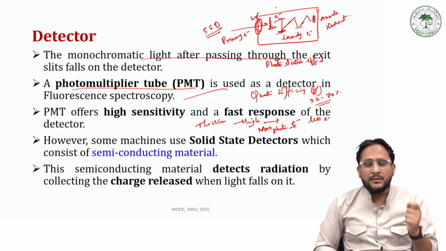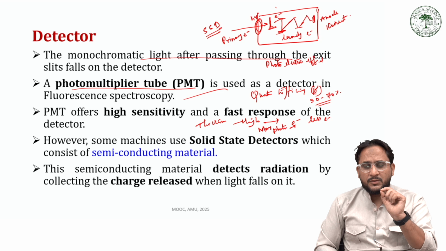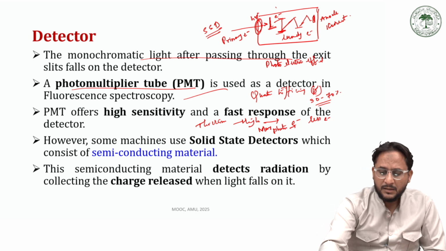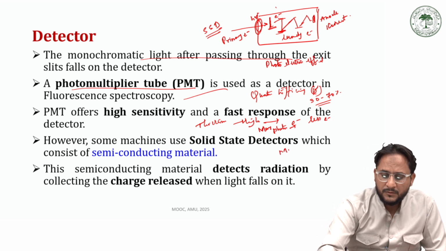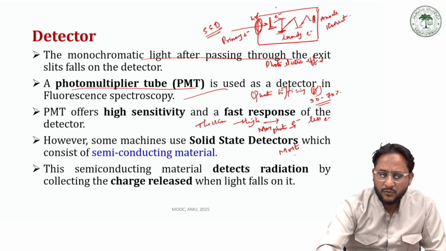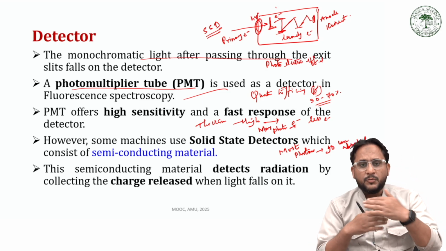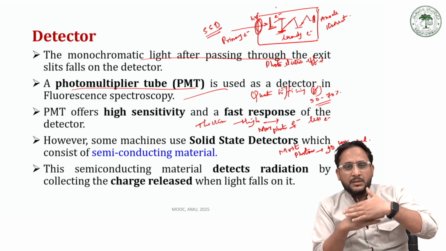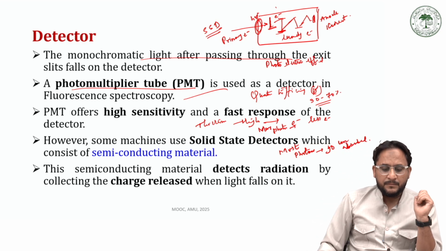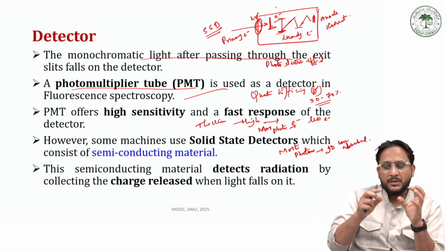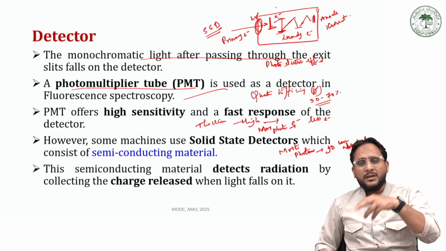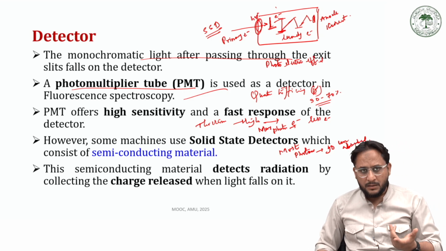On the other hand, if the thickness of this photocathode is very fine, very thin, then most of the photons go unabsorbed. So this means that the thickness should be in between. Thickness should be moderate. We have to maintain it such that the thickness should be moderate and quantum efficiency should be high, because if